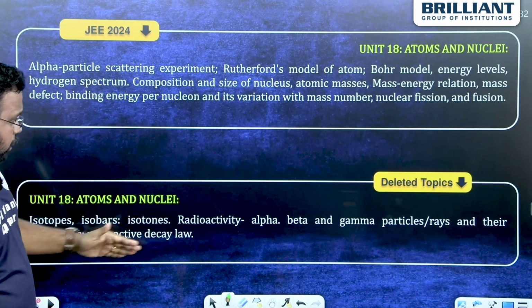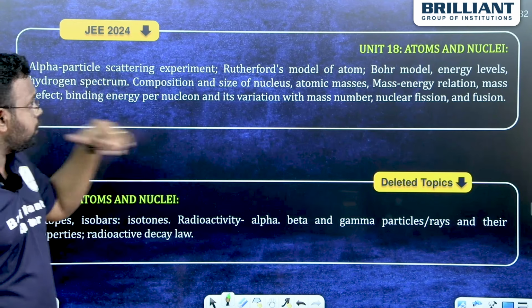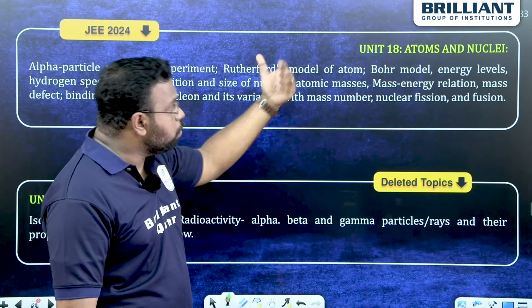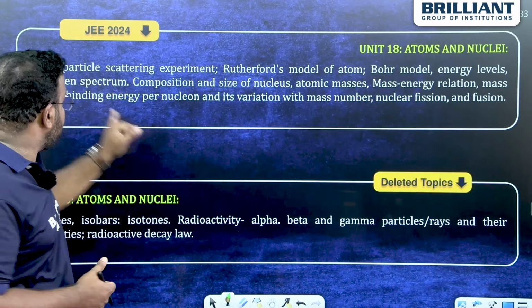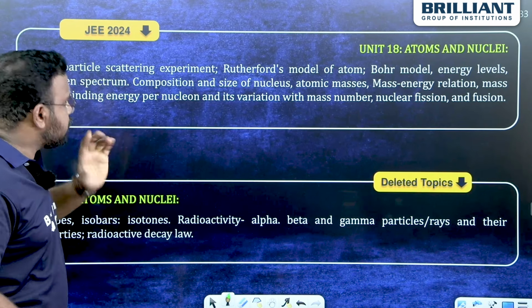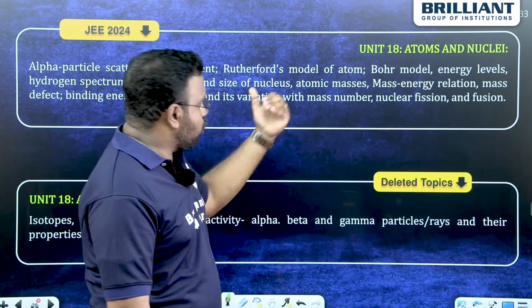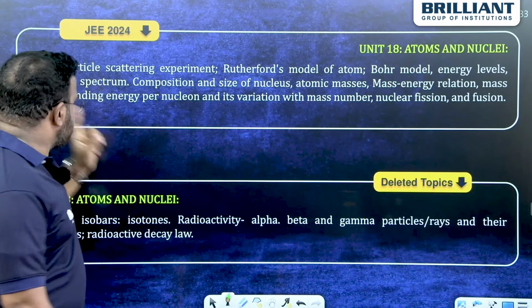Atoms and nuclei, there are many deleted topics that I'll come to. Alpha particle scattering experiment, Rutherford's alpha scattering, Rutherford model of atoms, Bohr model, energy level. So conceptually big. Go through it, study it carefully. Hydrogen spectrum, composition and size of nucleus, atomic masses, mass energy relation, delta m c square formula, mass defect, binding